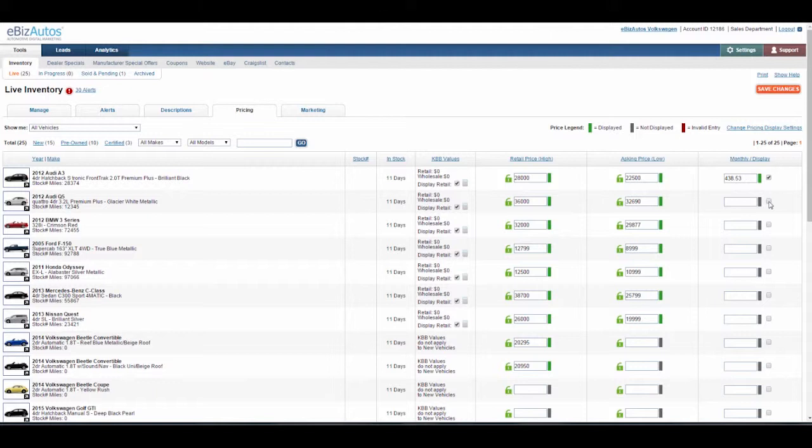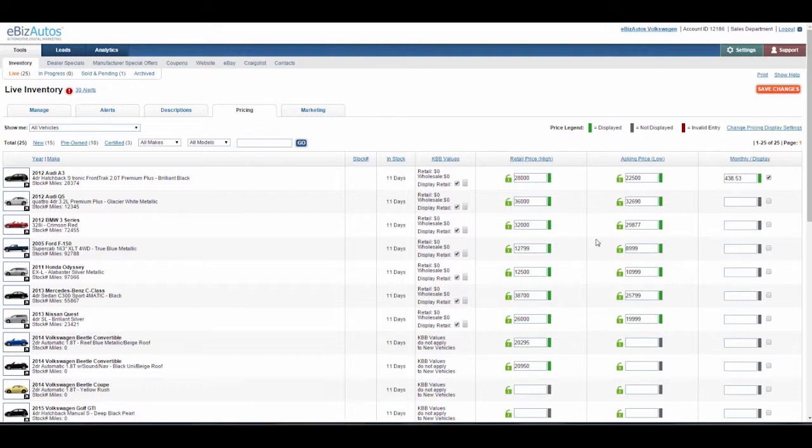If there are daily FTP imports for your account that update the inventory, it's likely that they contain pricing information as well. If you would like to prevent these imports from changing the prices of certain cars, you can lock them with the padlocks to the left of each price. This will only allow pricing changes to be made in the control panel. If you use an API-based pricing solution like vAuto, this will allow the prices to be changed through that service and not imports. The way that prices are displayed can be customized for your website.